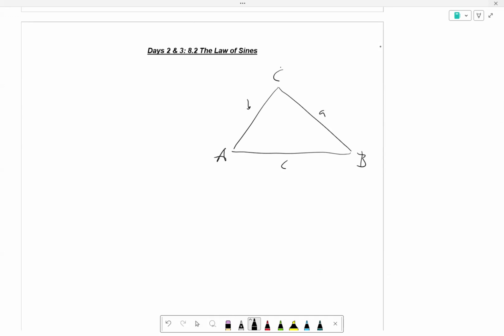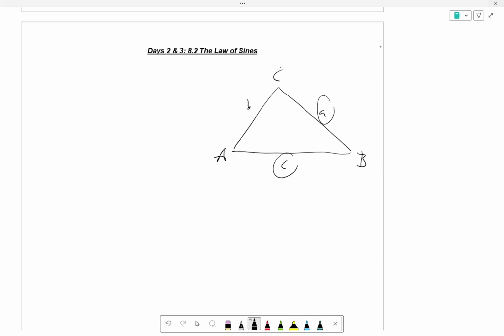Now, if this were a right triangle, we could use the Pythagorean theorem, and we could use sine, cosine, tangent, secant, cosecant, cotangent. But if it's not a right triangle, is there any way to talk about relationships between sides and angles? We have opposite from A, opposite from B, but I don't have an equation that would relate the angles, except they all add up to 180, or the sides, except A plus B has to be greater than C.